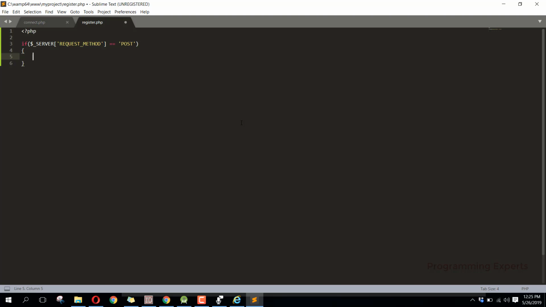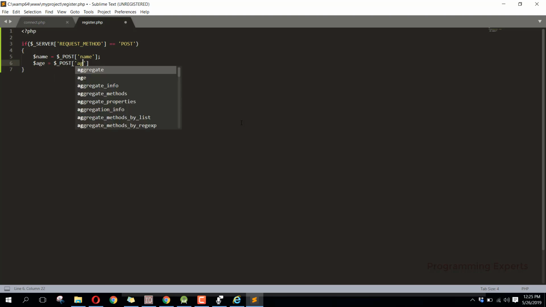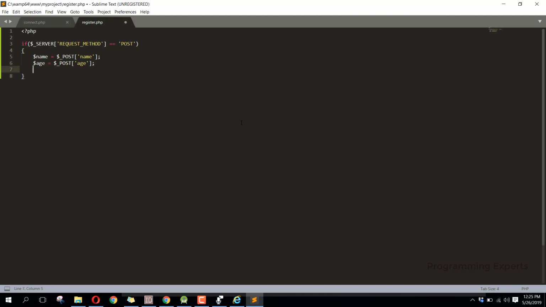In order to receive it, we can say name equal to post, and inside that we can pass name. Then similarly for our age, we can say age equal to post, and here we can pass our age. Then we can say username equal to post